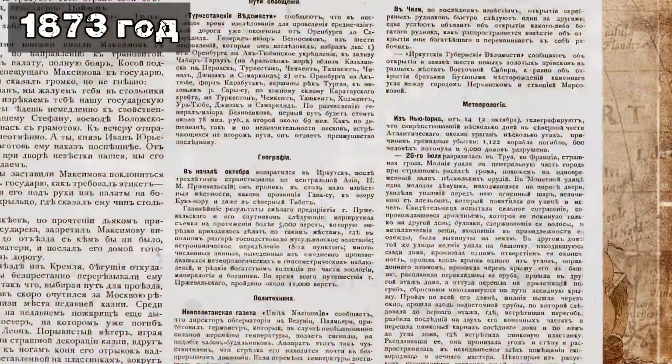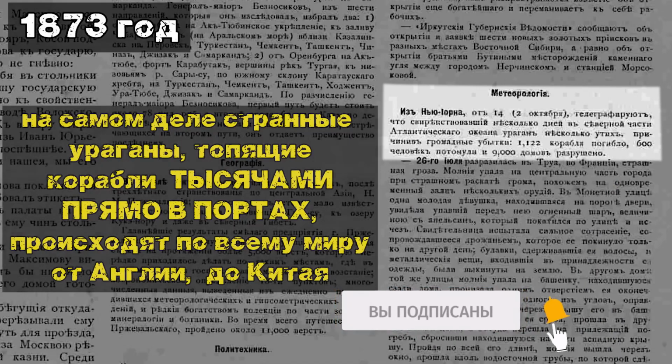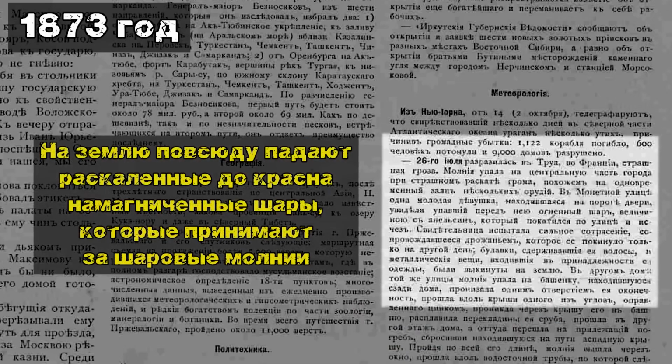On October 2nd of that same year, in the northern part of the Atlantic Ocean on the coast of America, a hurricane raged with such force that it destroyed more than 1,000 shiploads, 9,000 houses, and killed more than 600 people. This list can go on for a long time, but I have tried to only slightly sketch the situation that is happening in the world at that moment. A huge part of strange and mysterious phenomena I did not indicate.